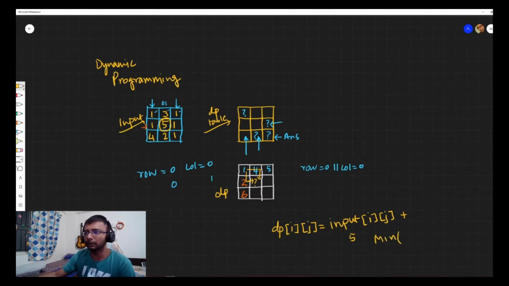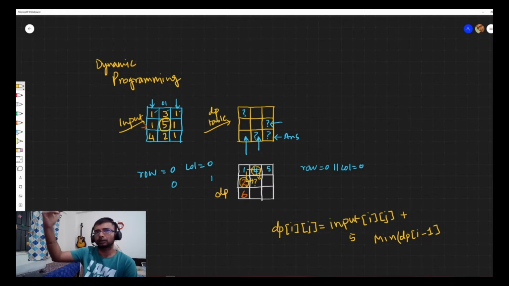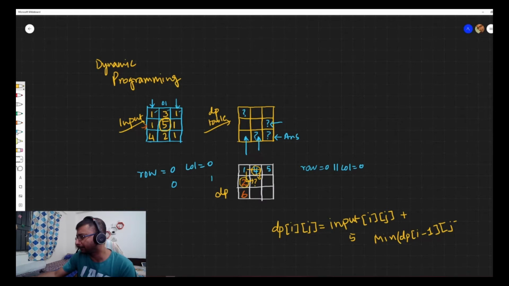Choose the minimum between the cell that is on my top. Here, if you noticed, we have already answered what is the minimum cost of reaching here, and here also. So I will take the minimum between 2 and 4. So basically what am I checking over here? I am checking dp[i-1], which means we are just going a row above and staying at the same column, dp[i-1][j]. So this is my first choice, and my second choice is,